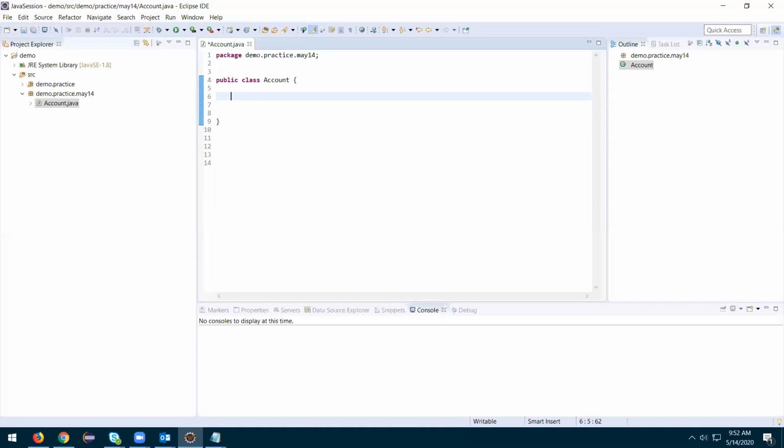If you talk about an account, we'll have int account number, it can be an alphanumeric value as well, string account holder name, and float balance.